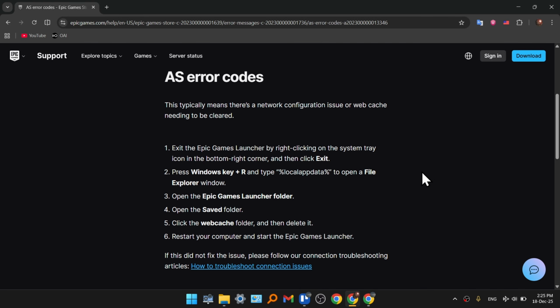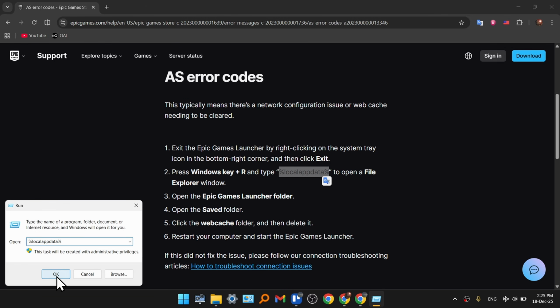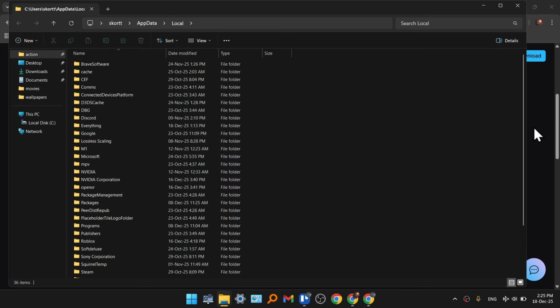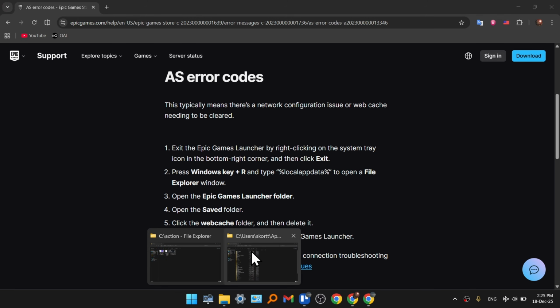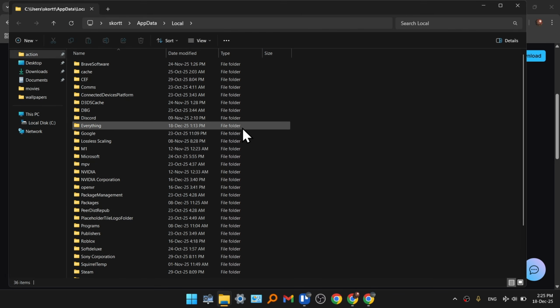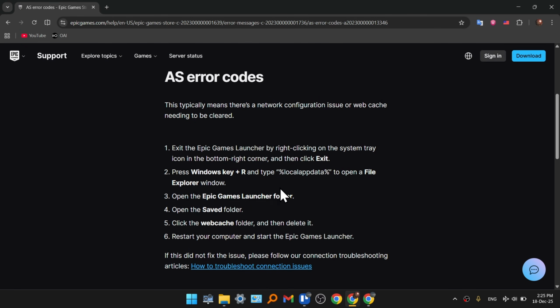So the fixes are going to be as follows. As you can see, we have this fast fix that is provided to us by Epic themselves. So you just copy this, then you press Windows plus R, insert this, go here, and then just like it's saying in here, open the Epic Games launcher folder, then saved, web cache, and then delete this folder. Alright, so you just go here, into here, find your Epic Games folder and delete the folder that is mentioned